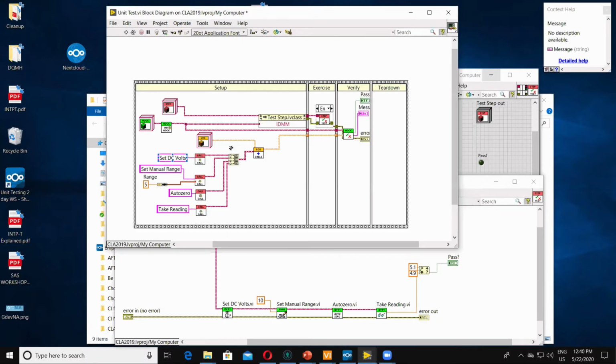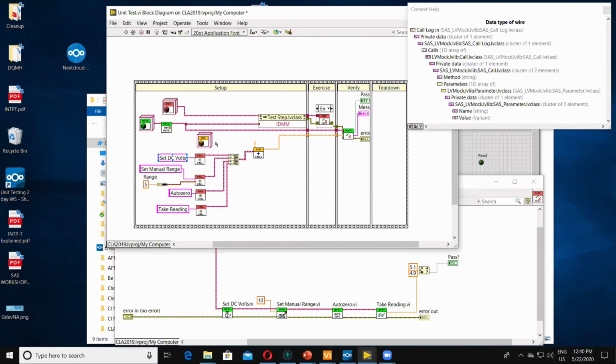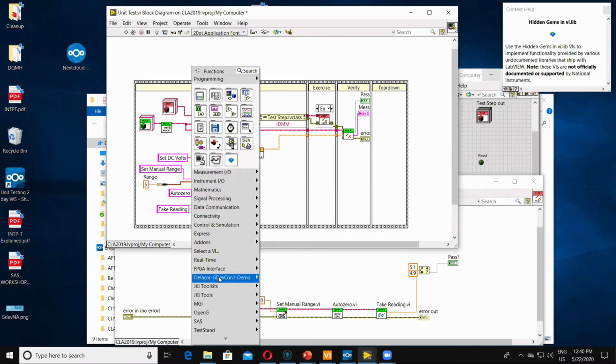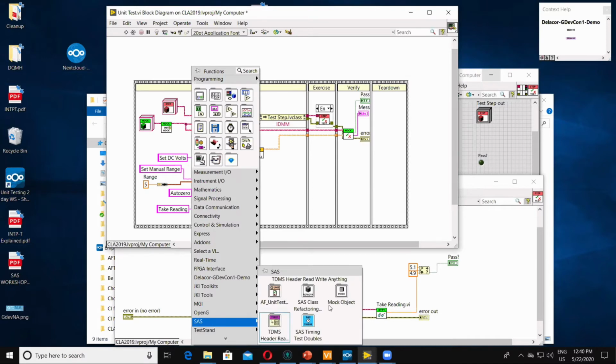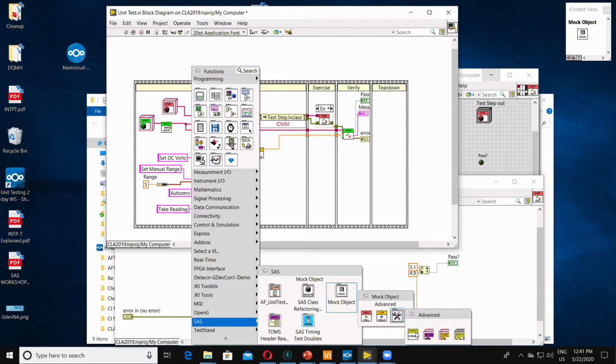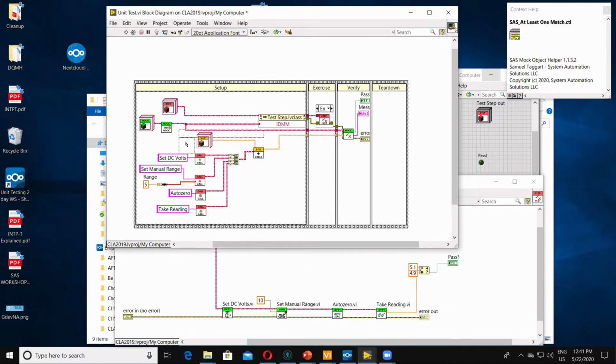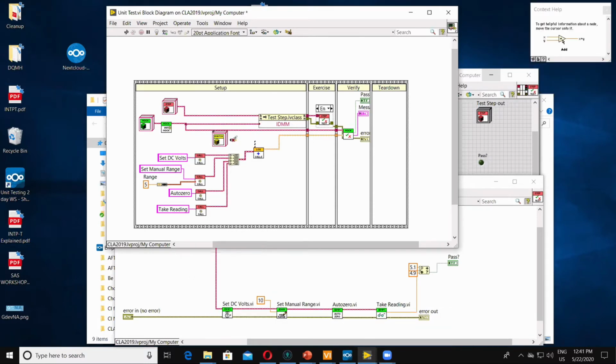Now I'll show you. So that was my original implementation. I added one other feature. So now I have this. There's a toolkit here. Where is it? Mock objects. So I have a different kind of call log that says at least one match.